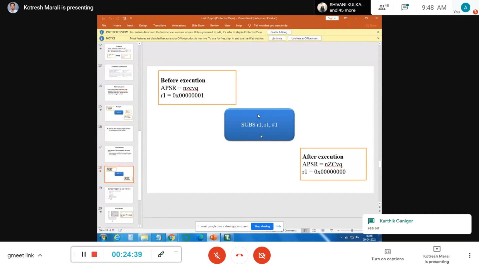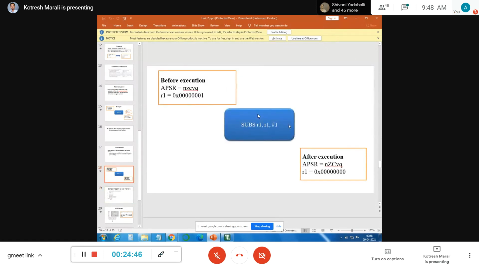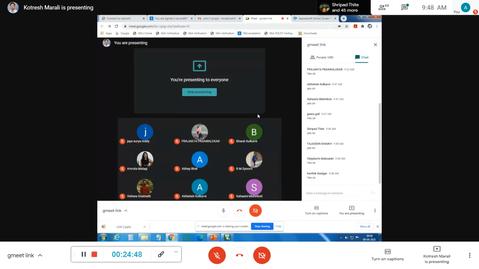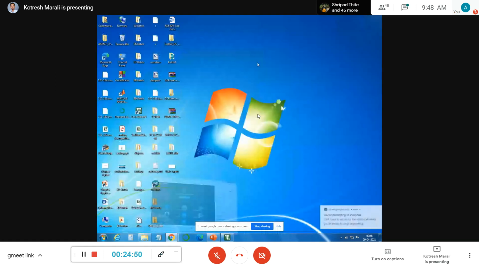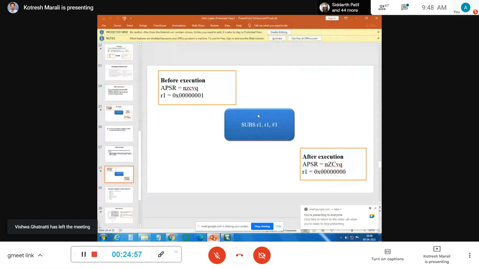Okay. Now let me take this particular example and we'll move further. How the subtract s works. Now same thing, SUBS, how it works. I already have one content with this one. So let me take R1, and R1 is getting subtracted with immediate value 1.